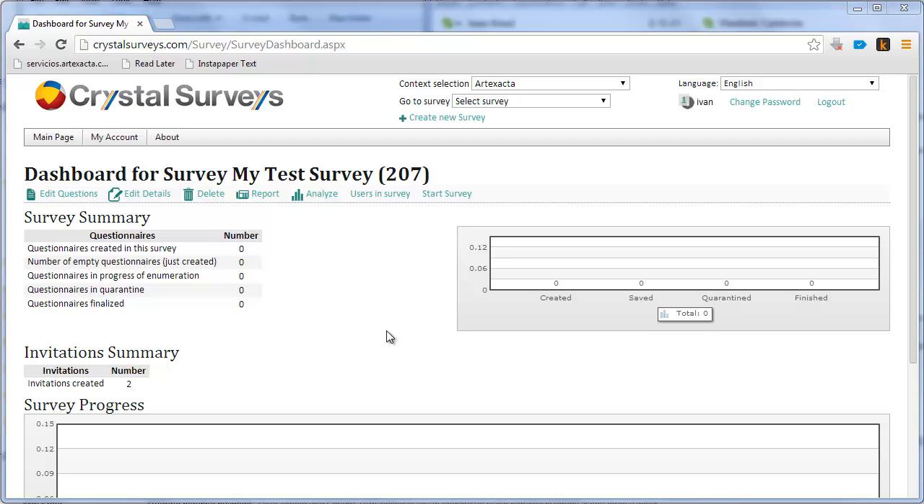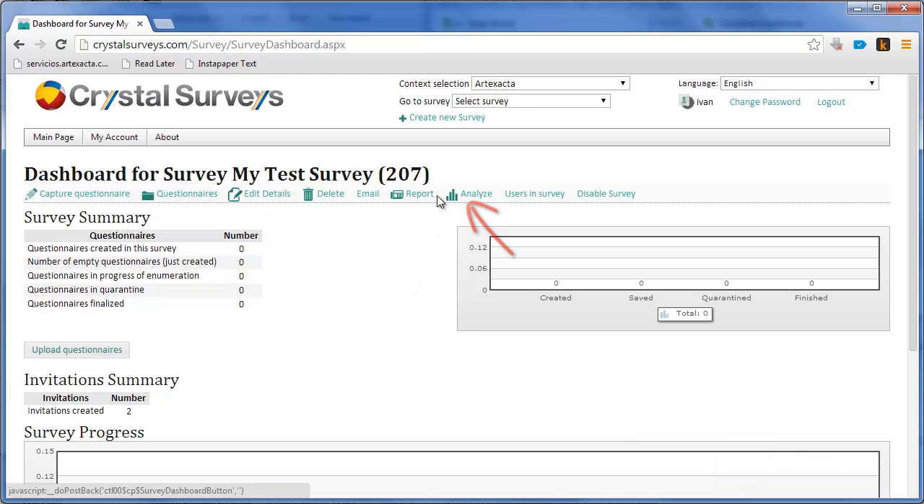Once you have designed your questionnaire, you should be able to capture data by deploying your survey. To deploy your survey, the first thing you need to do is to start the survey in the survey dashboard by clicking on the Start Survey button. Once the survey is started, you have three mechanisms for capturing data, and you can use all three mechanisms simultaneously